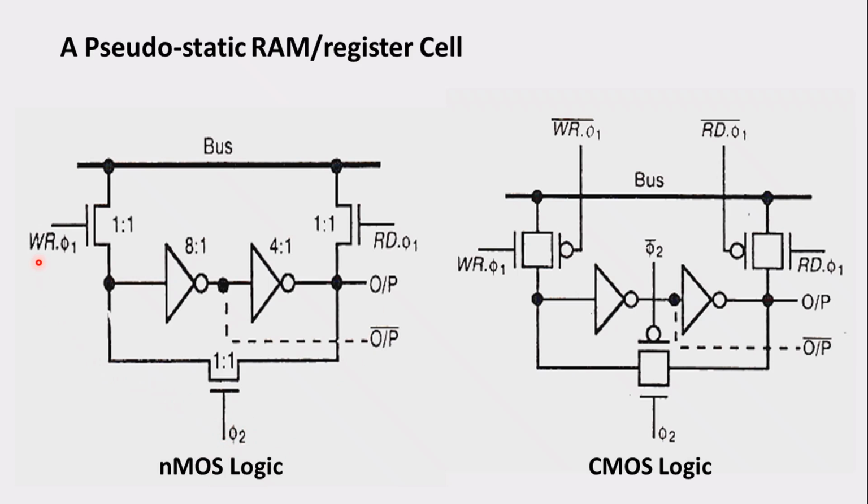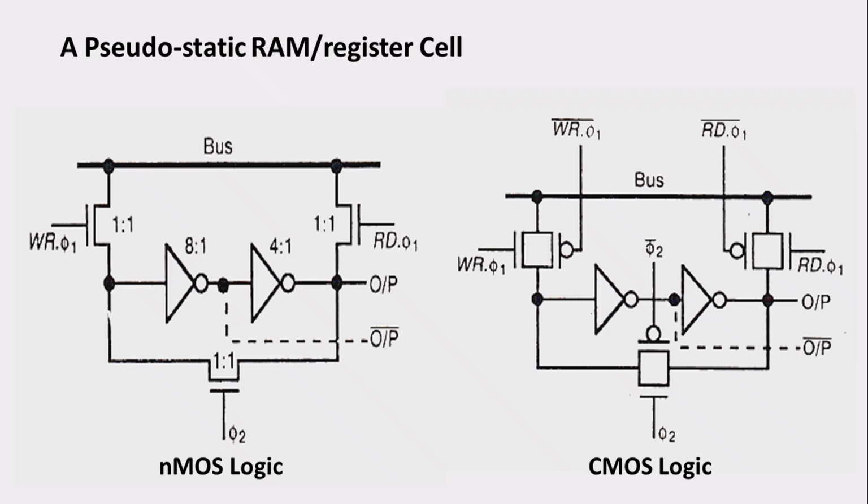One more thing we need to observe is that in this particular circuit, the write signal is ANDed with phi 1. As we had said in system timing consideration, the write and read signals should always be synchronized with phi 1. That can be performed by ANDing those signals with clock phi 1. So here you can observe that write and phi 1 have been ANDed. That means this write signal is in synchronization with phi 1, so the writing will happen only in synchronization with phi 1.